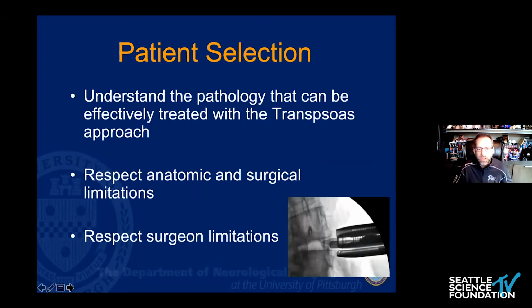So some tips. Very, very important is understanding patient selection before you even get to the operating room. I always say this to the residents: the majority of the complications can be avoided by having a clear understanding of the anatomy and of the plan and what to expect. So understanding the pathology, understanding the limitations, the surgical limitations, the surgeon limitations,